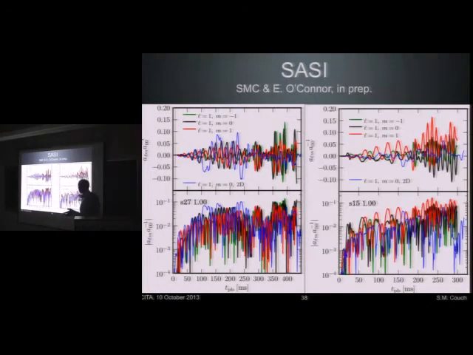And we see this for both progenitors. So this is the 27 solar mass guy, and this is the 15 solar mass guy. And this is also the non-exploding model. The interesting thing here is that at late times, we actually see a much stronger SASI for S15 than we do for S27. It's present at earlier times, but after that shock recedes, it gets really strong. I'll show you a movie of that.